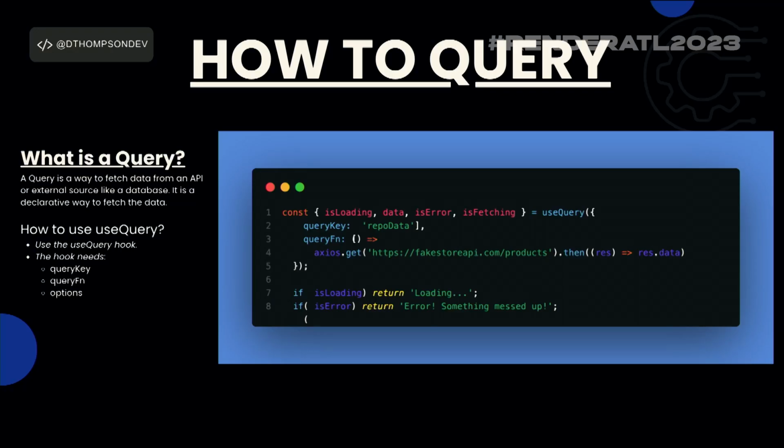Error handling. One of the coolest things about React Query, and we'll see this later on, is that you'll actually have multiple items that you can pull out of a useQuery. We can go to this next slide to see that happening right now: how to query. You see here we have several things in this code. We have isLoading. We have the data itself. We have isError, which is the error handling. And we have isFetching. So I can now have four different use cases. There are many more as well.